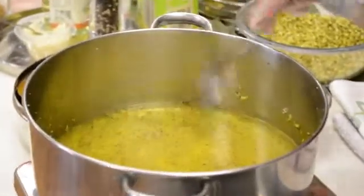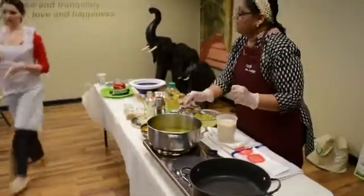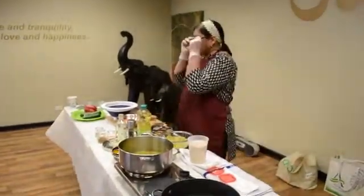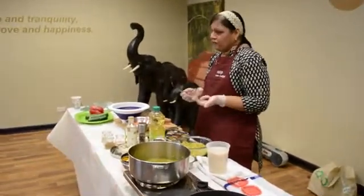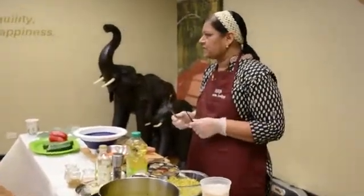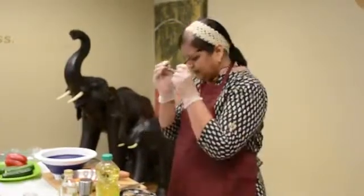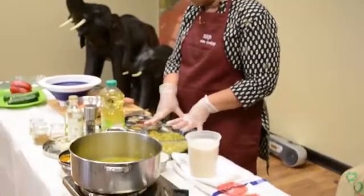Okay, we will need more water. Does it matter if I use fresh turmeric or powder? Fresh turmeric, I will not use it because it is very strong. If you are using it, just use a small little piece of it, because oh my god, the taste will change completely with fresh. But powder is a better option. And then we're going to wash our